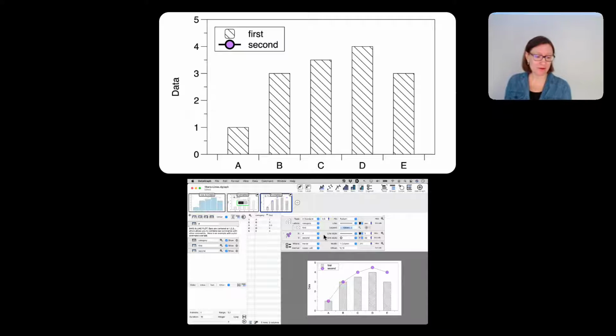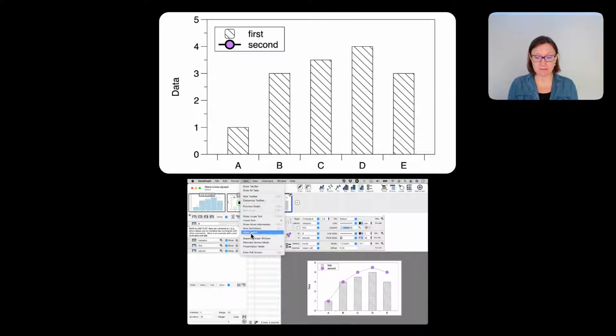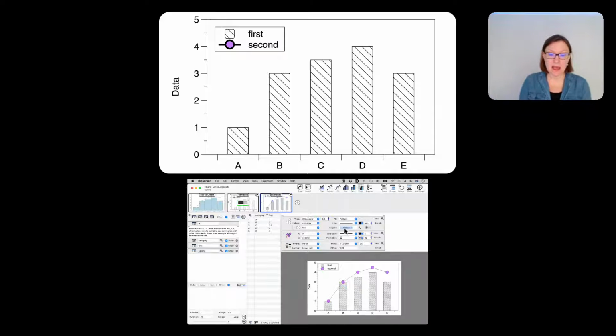And you can also do, although I don't have it set up here, you can actually have more than one projector at a given time. So if you went under Data View, Presentation Mode in DataGraph, and you had multiple projectors connected to your computer, you would see multiple projectors listed here, and you can pick which one to present to. So anyway, it's very easy for me to change which image you're seeing, and then control the reveal through my